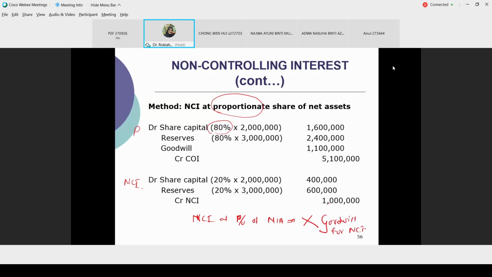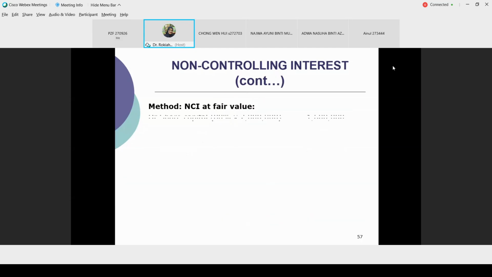Okay, all the goodwill that we calculate here is only for the parent. Remember this one, very important. If you are using NCI based on the proportionate share of net assets, there will be no goodwill for the NCI. And then the second method, if you look at the fair value,